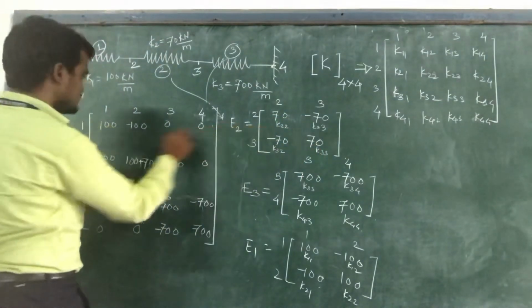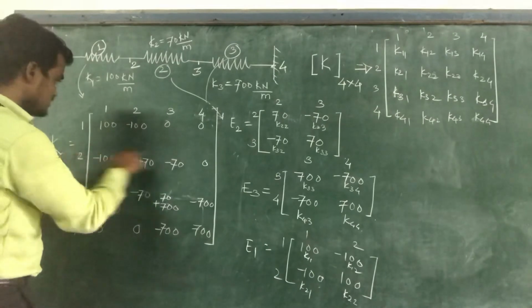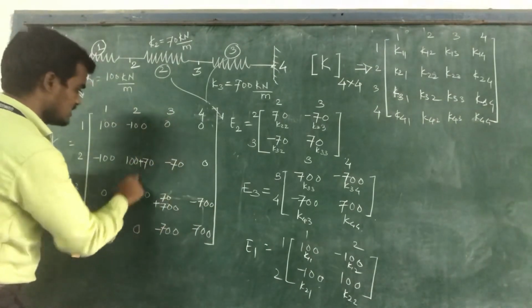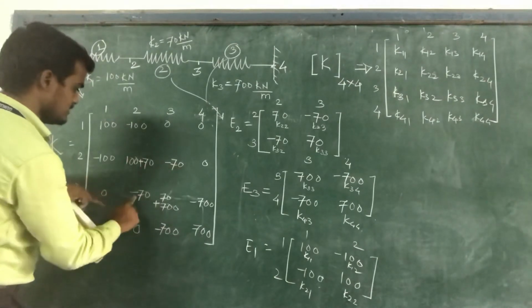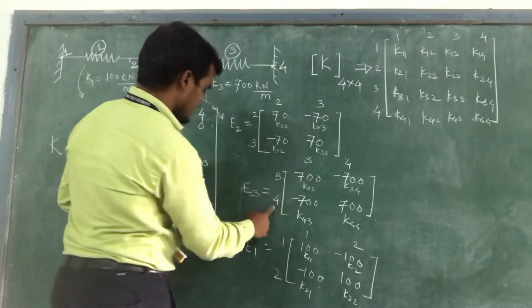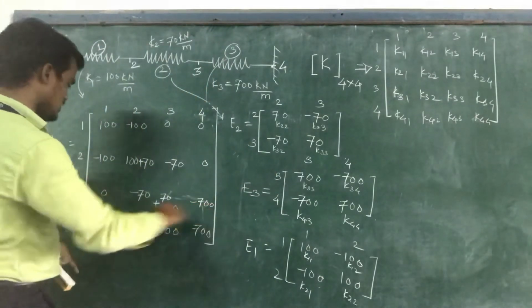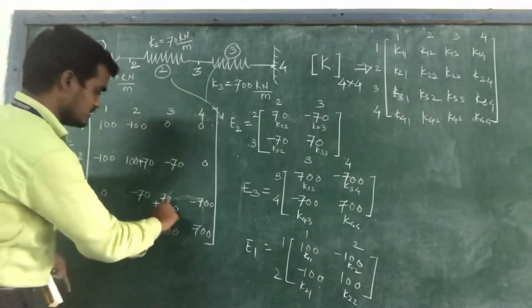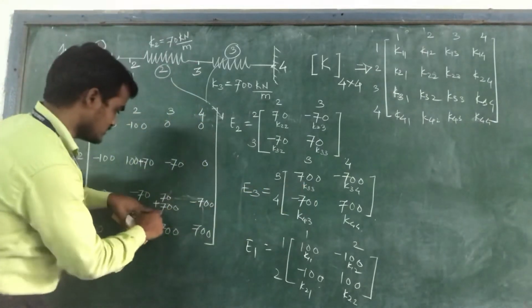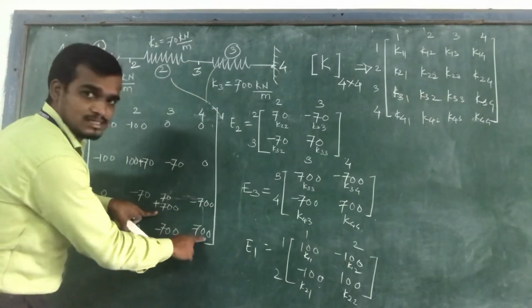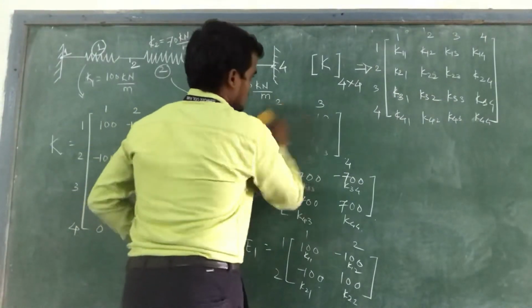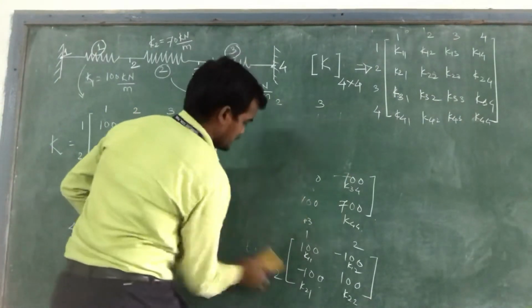The second element is between 2 and 3, means between second row, third row, second column, third column. So 70, minus 70, minus 70, 70, and the last one is in between node 3 and 4. So between node 3 and 4 means this block. So put these values into this block: 700, minus 700, minus 700, 700. Okay, so finally you will get your global stiffness matrix as